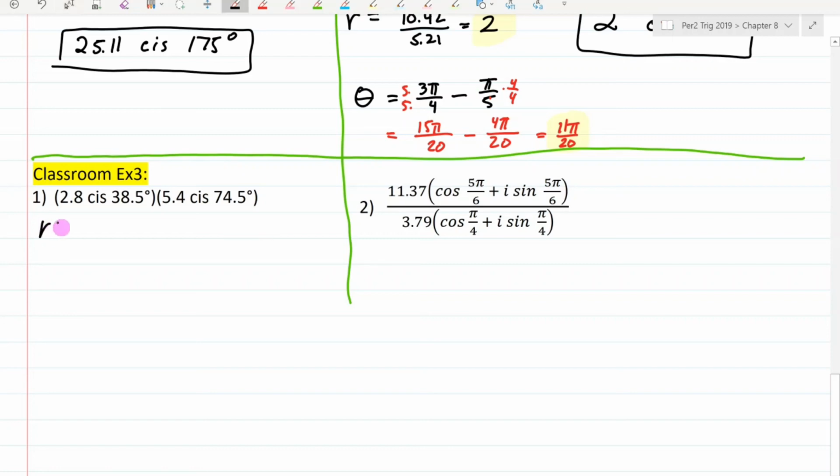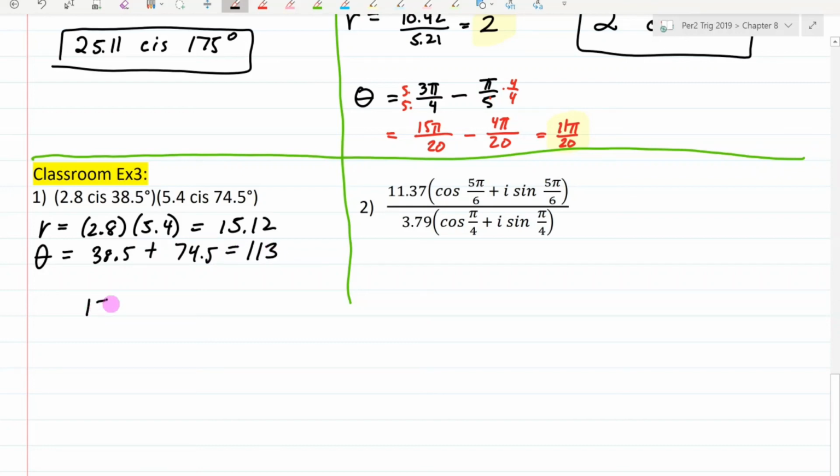For number 1, r is equal to 2.8 times 5.4, which is 15.12. For theta, we have 38.5 plus 74.5. So the final answer is 15.12